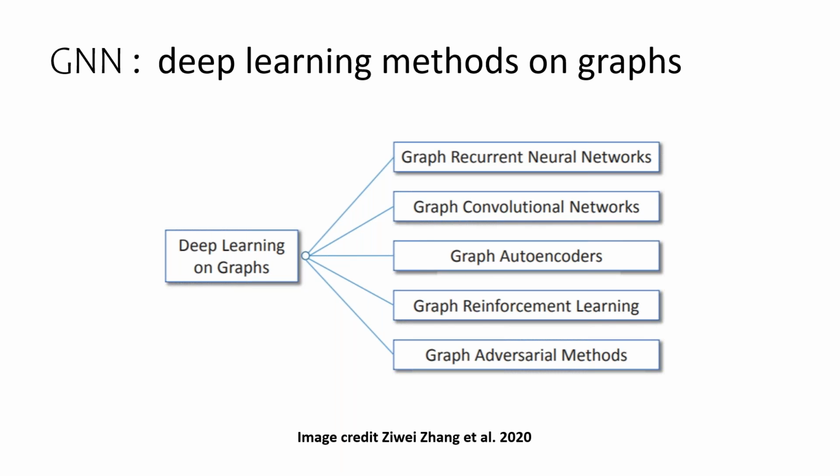So like graph recurrent neural network, GRNN. In GRNN, if you search, there are another